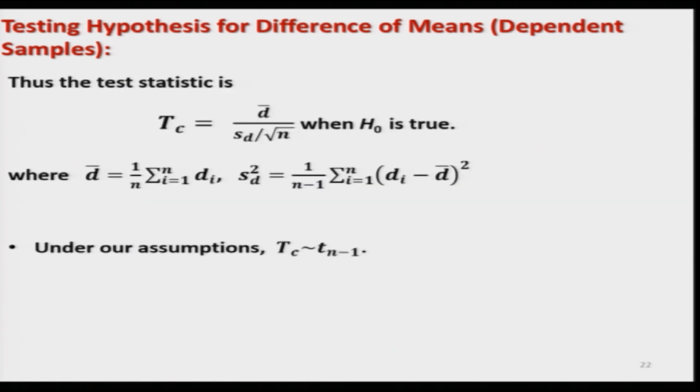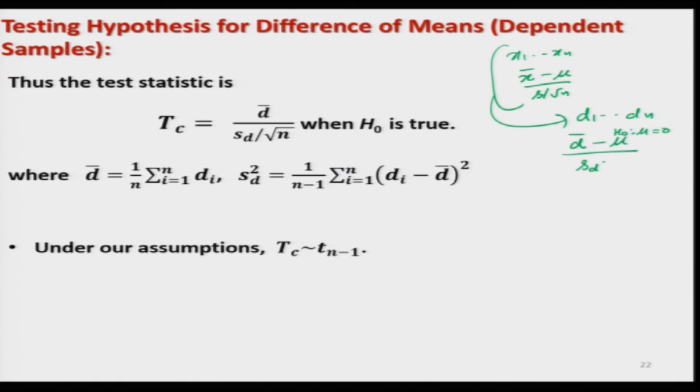So now what you try to see here, earlier you had taken the statistic like x bar minus mu upon s by root n. What we try to do here is that instead of using the sample observations x1, x2, ..., xn, we now use the observations d1, d2, ..., dn, and we try to find d bar minus mu, where H naught is mu equal to 0 under H naught, divided by the standard error of d bar based on d1, d2, ..., dn divided by the sample size. This is exactly what we are doing.